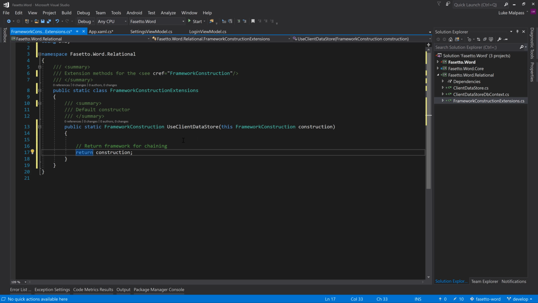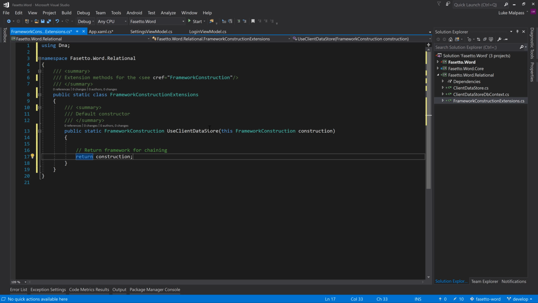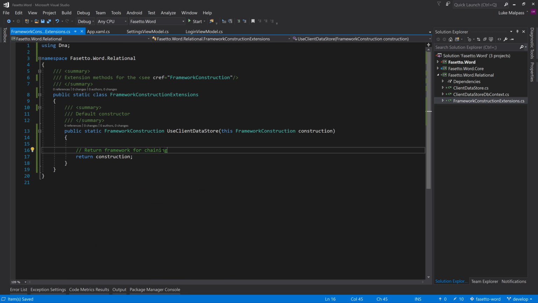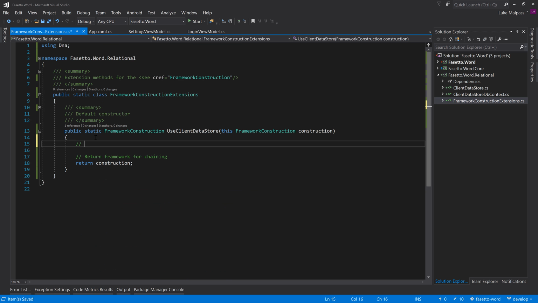And that should stop complaining now. So there we go. That's a boilerplate extension method, UseClientDataStore. So we go back to here, Ctrl+dot, it should find it, use relational. So now as part of our setup, when the application starts, it will call UseClientDataStore, which will come into here, and now we can inject our